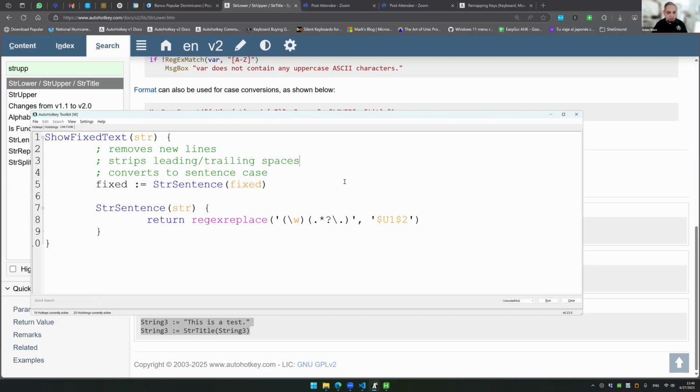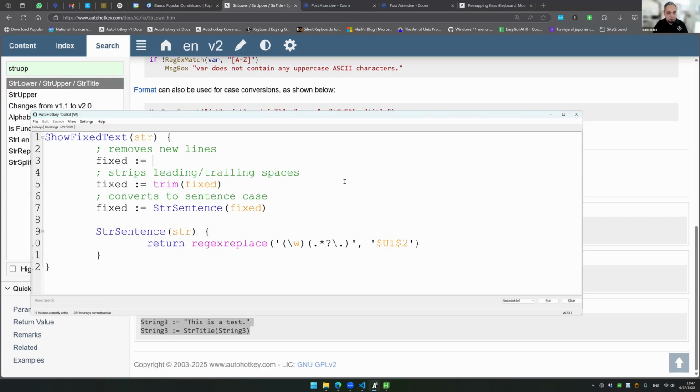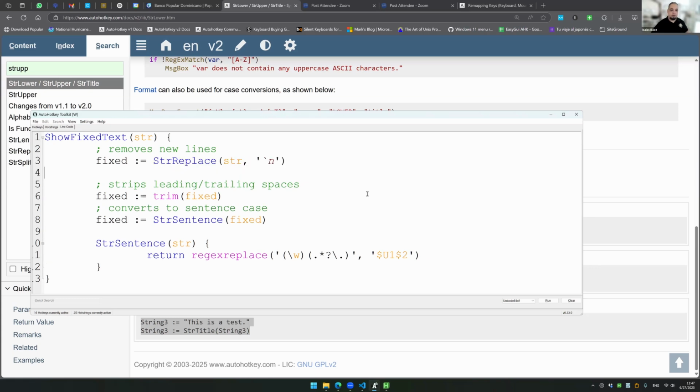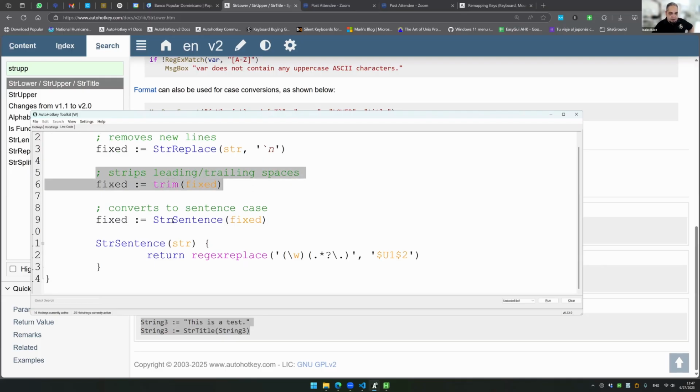And I can continue doing the other parts, which are fixed trim, right? And in here, new lines, string replace. So here's what I'm doing. I'm removing the new lines. I'm removing the trailing and leading spaces. And then I defined a sentence called string sentence,